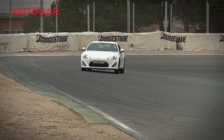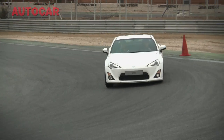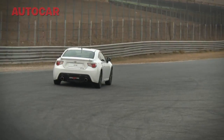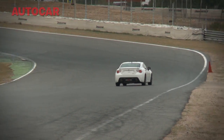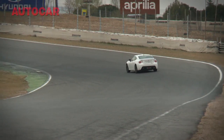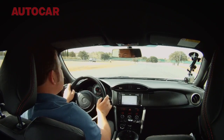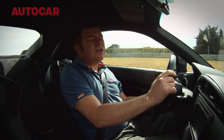As you may know, the GT86 is actually a joint venture with Subaru, their version being the BRZ, which is a car that we'll drive very soon. But what does that mean for this car? Well, it means you get a Boxer 4-cylinder engine up front, exactly the same as you get in the Subaru. It's a 2 litre and it has 197 horsepower and 151 pounds-feet of torque,